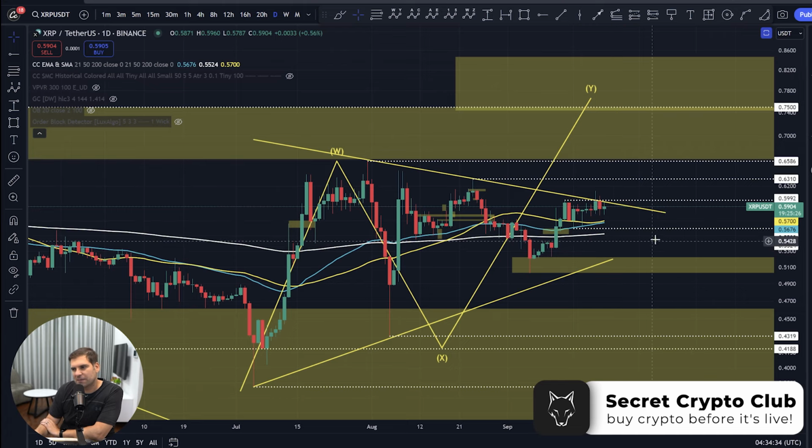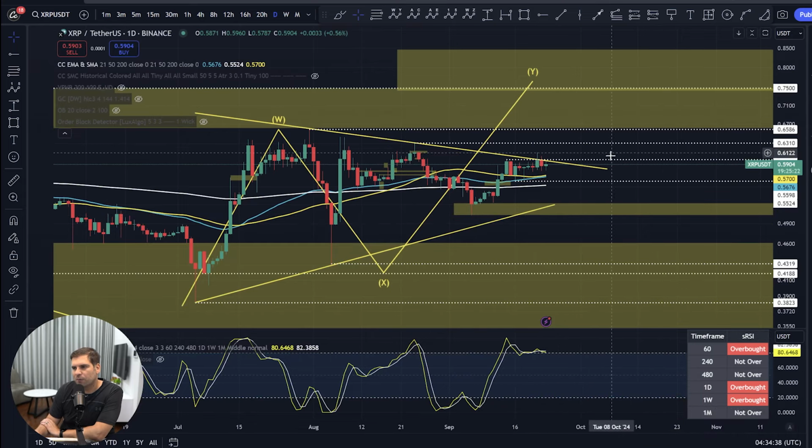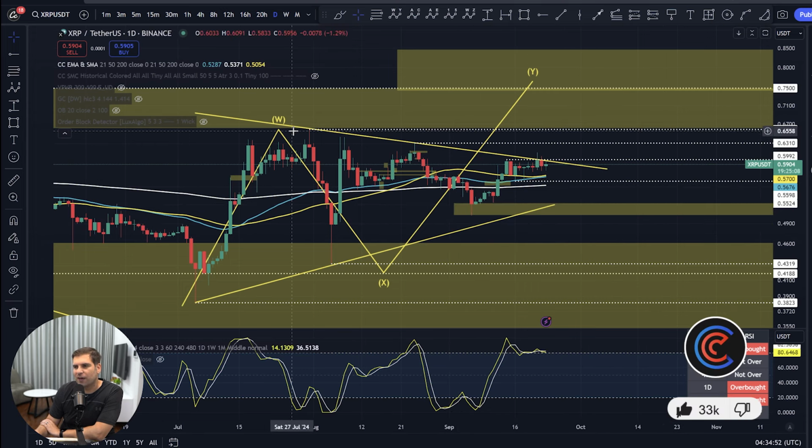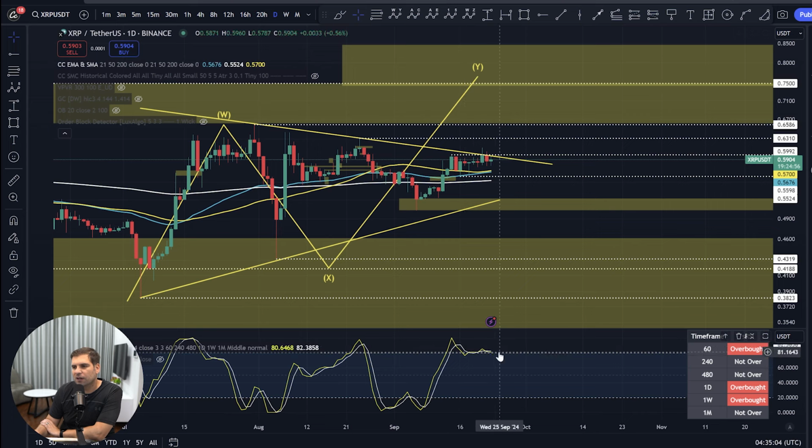The expectation, as I've said before, is that we cannot break out just yet. I actually expect us to break on down before breaking on up, even though there's this idea that maybe there's a megaphone pattern going on the chart that's going to indicate a bigger run to the upside. But for the most part, whether you have this idea of an ascending wedge or a megaphone pattern, in all honesty, I see this as a triangular continuation pattern in line with Elliott Wave theory, also predicting this move to the upside. But like I said before, looking at our momentum, it doesn't support this idea of 75 to 85